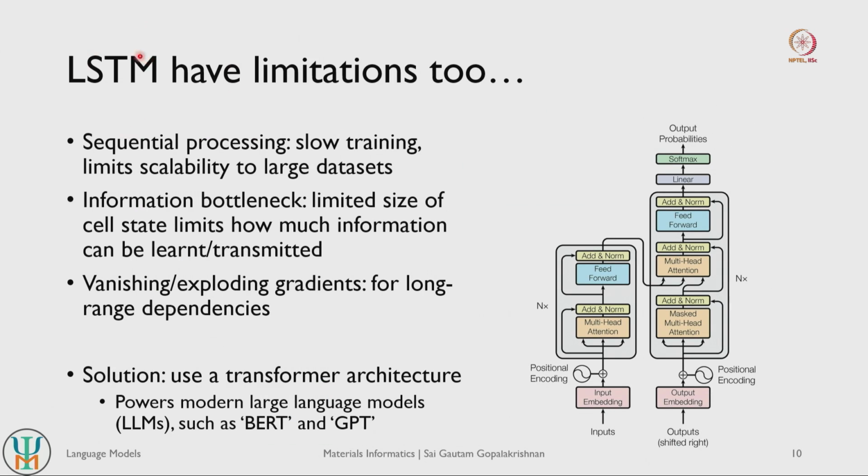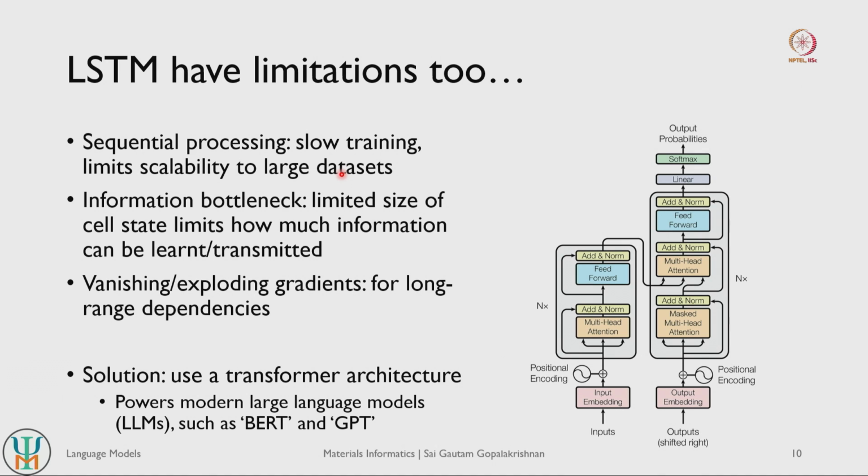So LSTMs are quite good in fixing the memory problem, but they have some limitations also. So for instance, LSTMs do sequential processing. They see one word at a time in a given sentence, and this is usually quite slow in terms of training, and this really limits scaling up of the model to very large data sets. So if you only had books that were 100 pages or 200 pages, maybe 1000 words, 2000 words, and so on, maybe LSTM models are good. They will still be able to retain associations with one word at a time, learning one word at a time over these small books, right.